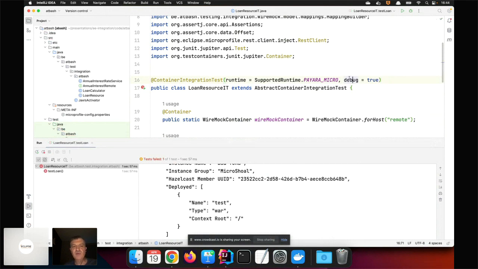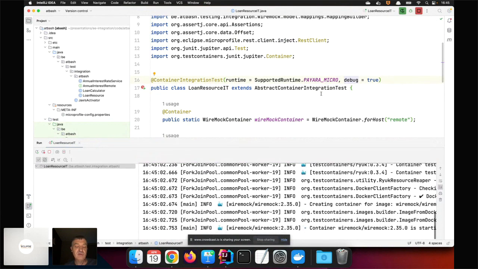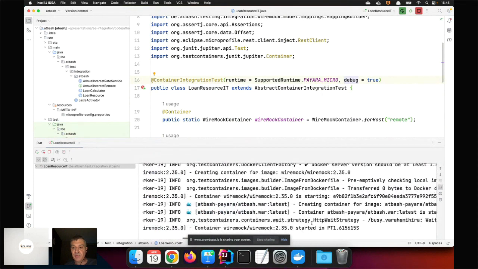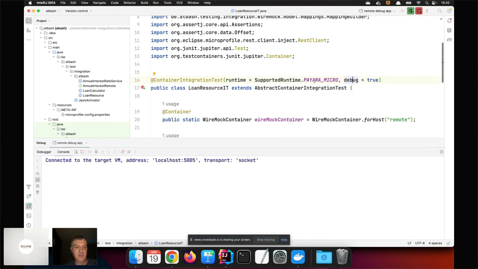So let's start up a remote debugging session. This is actually the only thing that you need to change, either for Payara Micro or for Liberty or WildFly. And when it starts up, it says that at a certain moment it starts waiting for an additional time so that I can start a remote debugging session. I connect my debugger locally to port 5005, which is then actually within my container. Once the debugger is connected, my startup continues,